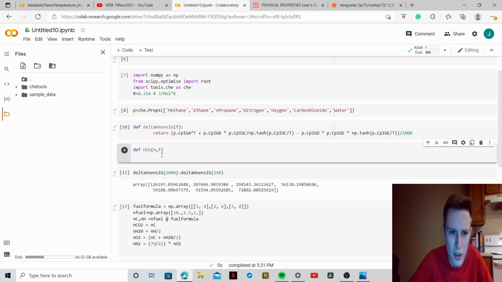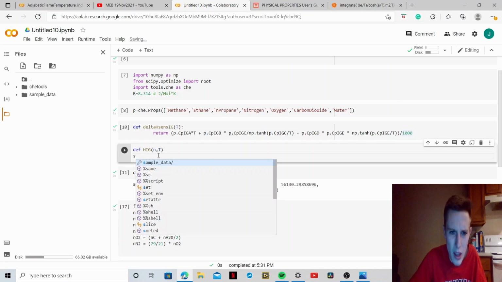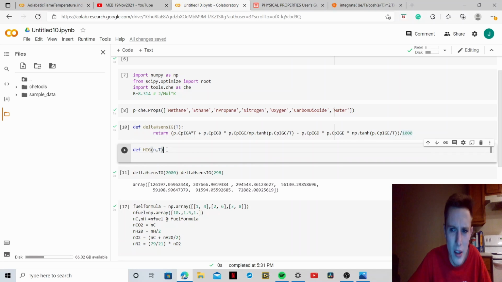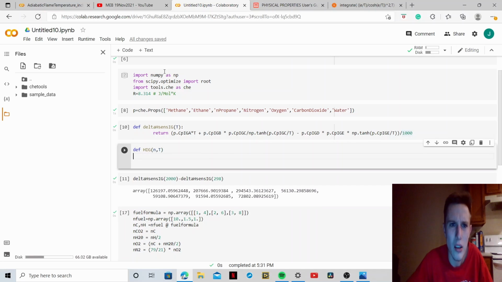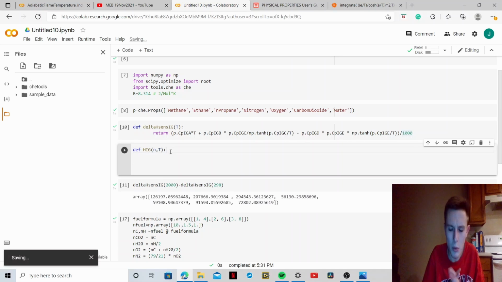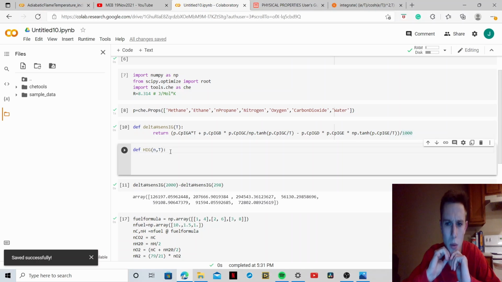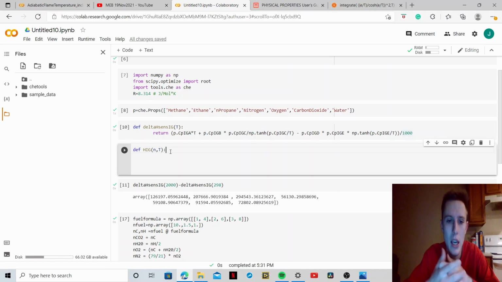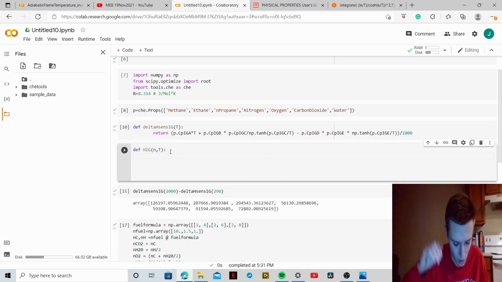Now I think we're going to create a function that is going to allow us to calculate the enthalpy of formation as well as the enthalpy of a mixture at a given temperature. So I'm going to add a colon here, and we're going to do this in terms